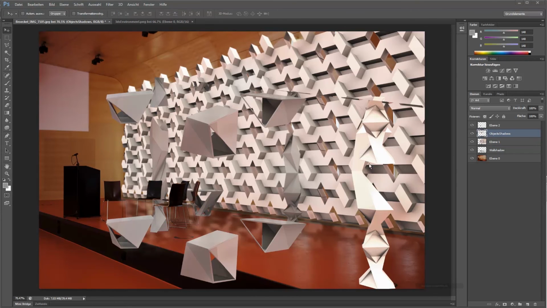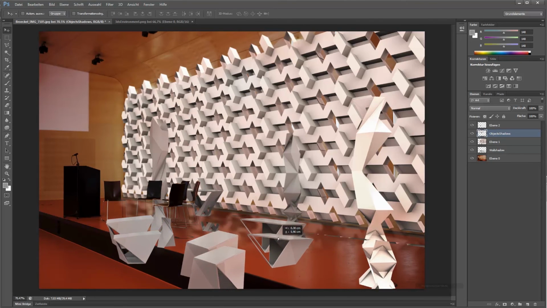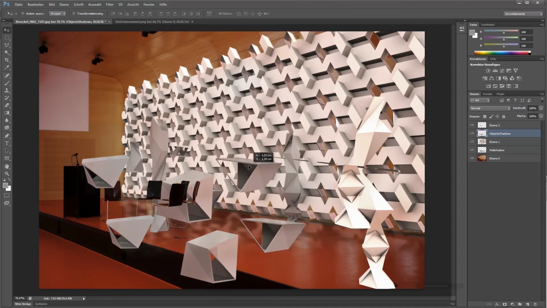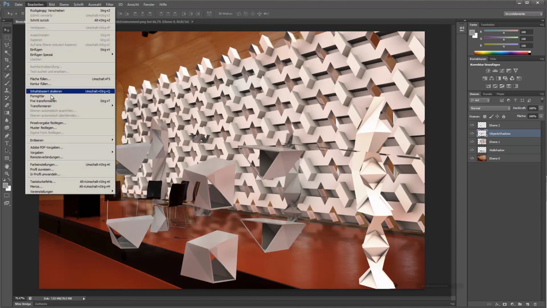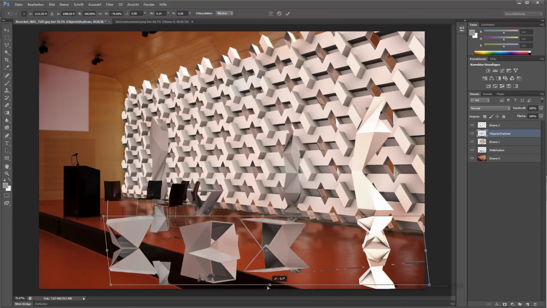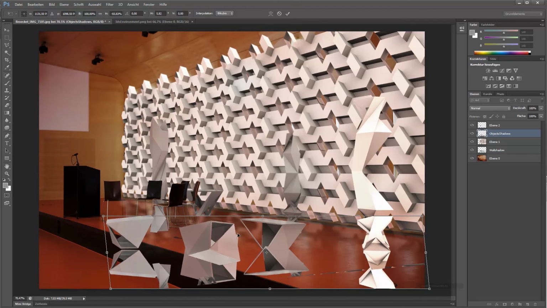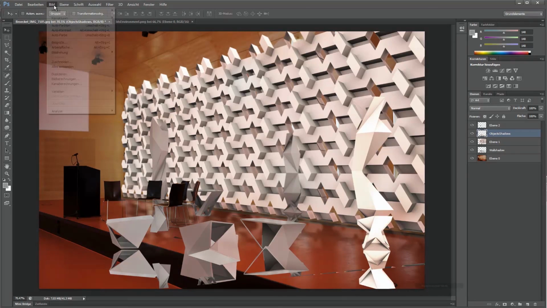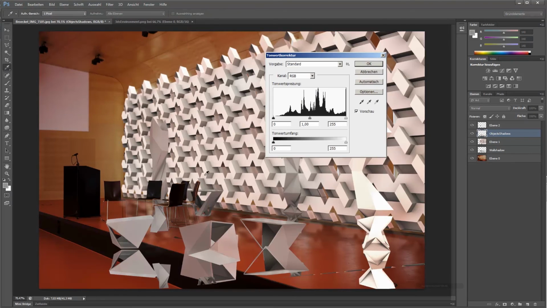Okay, let's do the same thing with our objects. I call this layer object shadows, and these ones are just moved down a little bit, and I just mirror this, and I can also just probably transform this. I just go into transformation and just move it down like this, and let me see, that's somehow like this. I'm absolutely fine with this, and I confirm. Next thing again, I just make it slightly darker, and go into tone corrector. I darken it a little bit, and